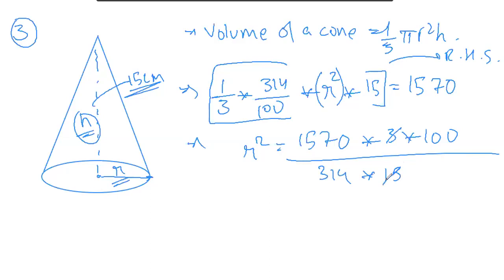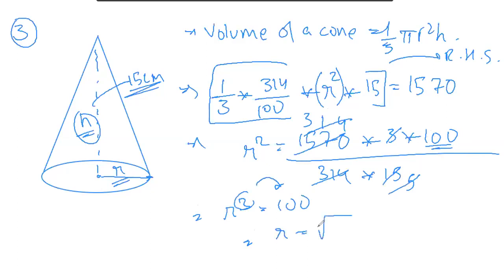So 5 3s are 15, 1 5s are 5, and 4, and this cuts, and finally the answer is 100. r square is equal to 100. We take the square to the other side and it becomes r is equal to root 100, which becomes r is equal to 10. Do not forget the unit, and it will become centimeter, because we are finding the value of r, so the unit will not have any exponential powers on top of it, so it will be 1. This is our final answer,